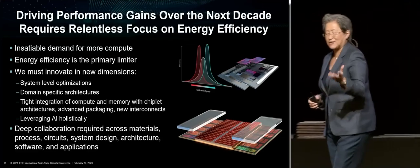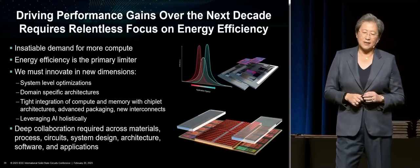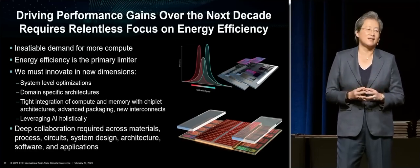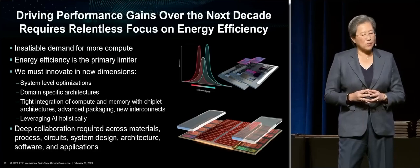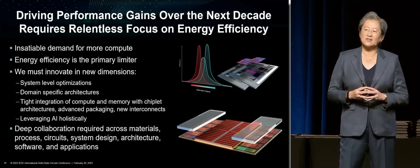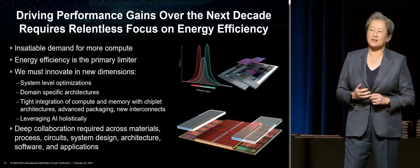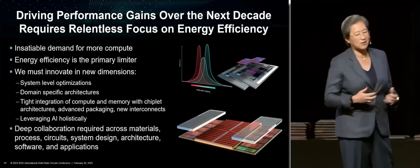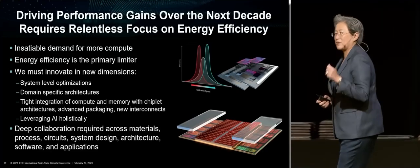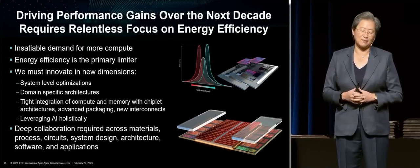Anantha asked me to say just a couple of words about some of the work that we did as part of PCAST. We were fortunate enough earlier last year to spend some time on what should be the 5 to 10 year vision for the U.S. around semiconductor R&D. And I think the major point is we need all of our disciplines to work very closely together. There isn't one silver bullet that is going to help us get to the next point. There is architectural work to be done, materials work, systems work, process technology, circuits, and the more we can bring these together to solve large problems, grand challenges, as we like to say, because it brings out the best in the industry and academia ecosystem